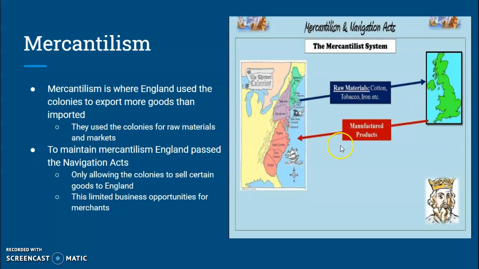You know, I always use the example in class. Imagine if Anna McDonald's could only sell food to people from Anna. Yes, Anna McDonald's would do okay, but the problem is Anna McDonald's makes most of its money selling to tourists coming to and from the beach. That's an idea of a Navigation Act.